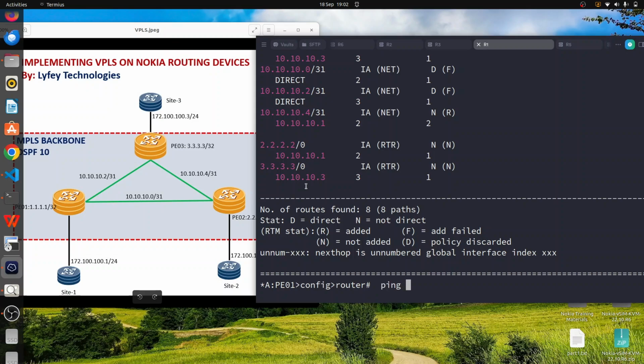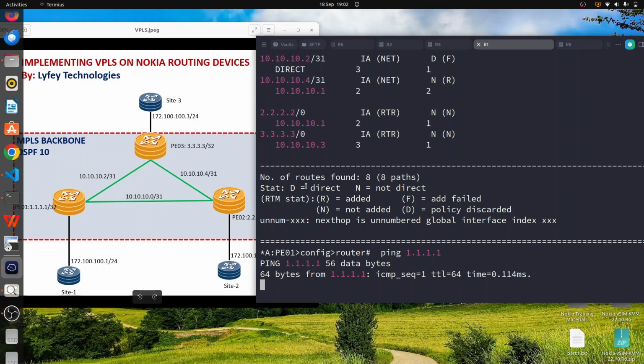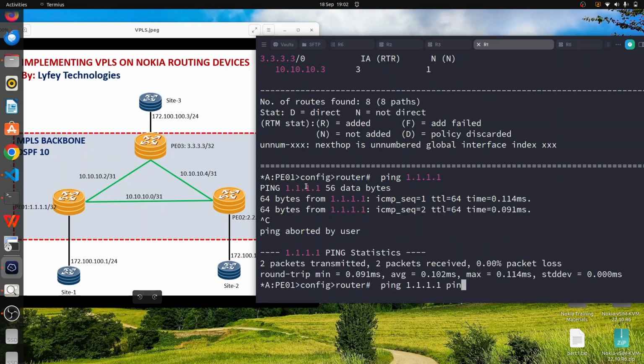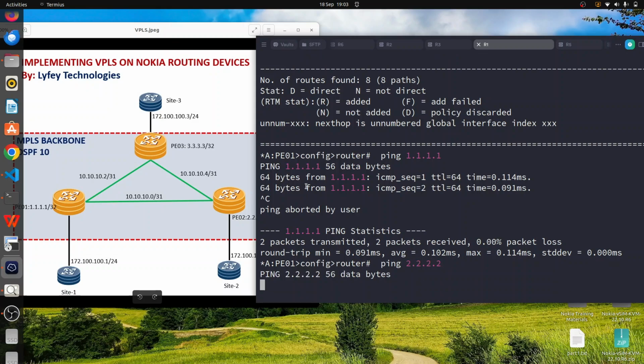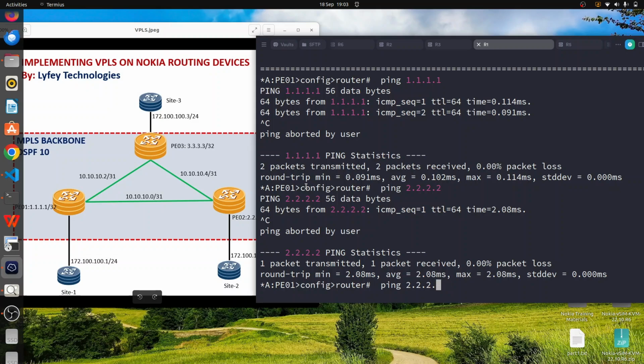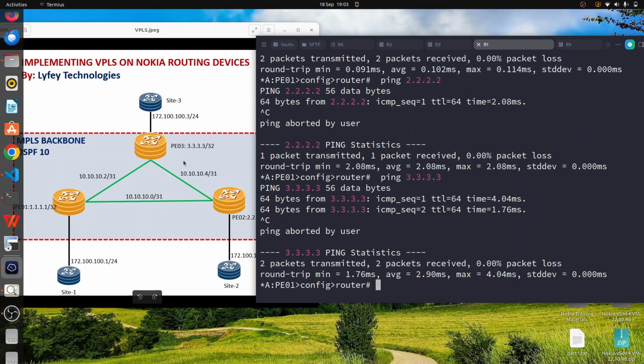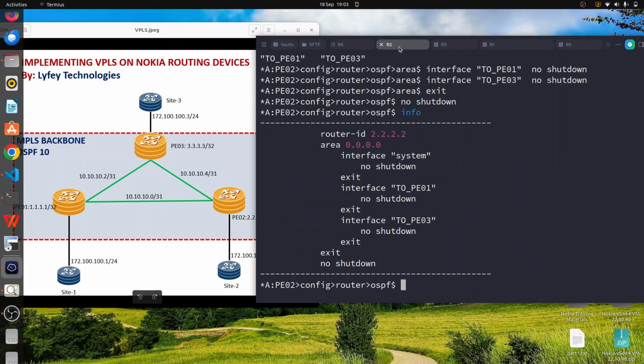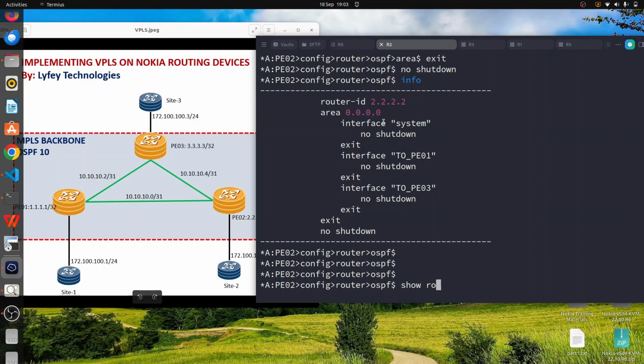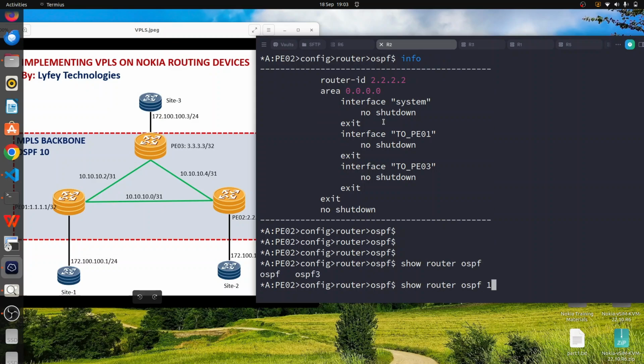Are we able to ping 1.1.1.1? Yes, we are able to. We can ping 2.2.2.2. We are able to. And finally 3.3.3.3. We are also able to ping P3 interface. So on R2, we can also verify